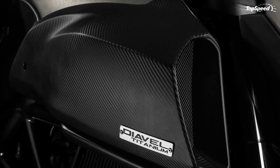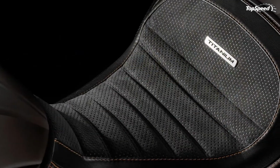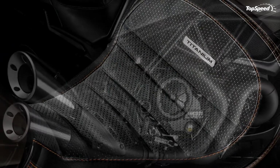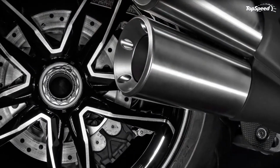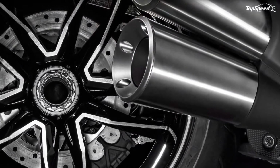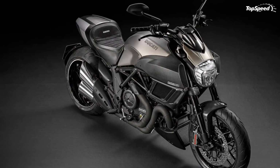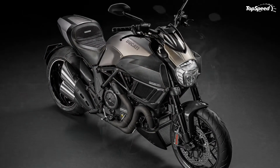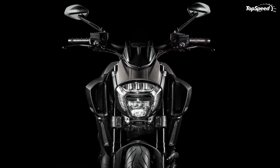This is a much smaller overlap window than the 41 degrees used in pure race engines, and it helps improve fuel economy and emissions while preserving the purity of each incoming fuel-air charge. Each combustion chamber contains a pair of spark plugs for improved flame front propagation and even combustion. Targeted injectors aim their spray at the intake valves for improved atomization and vaporization of the fuel charge, further increasing